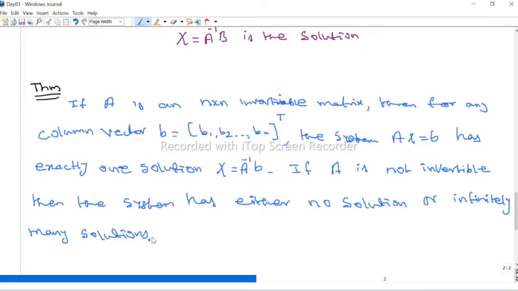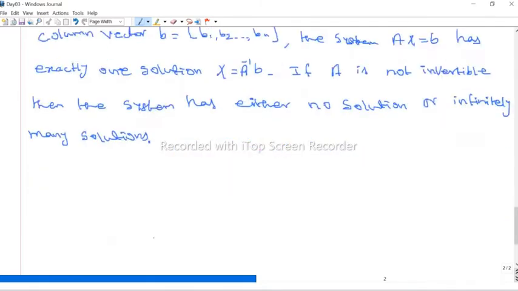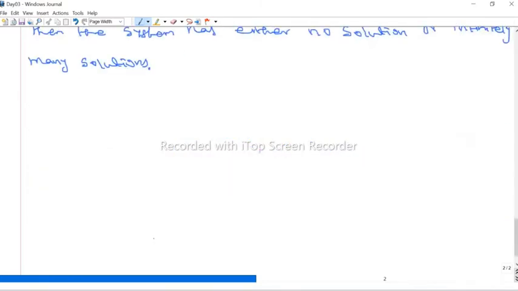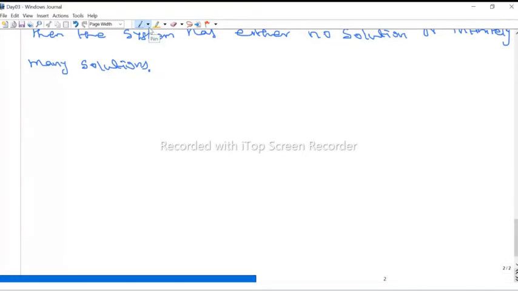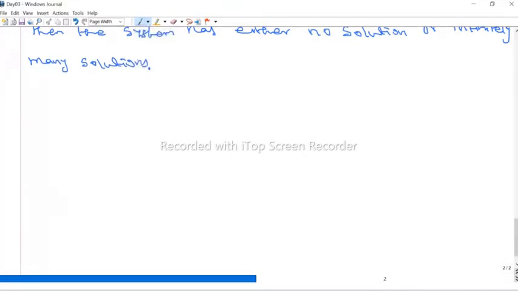So before going further, we already discussed the determinant, and we know the formula for the inverse, right? A inverse is nothing but 1 by determinant of A into adjoint of A. If A is a square matrix and the determinant is non-zero, then we can define A inverse as 1 by determinant of A into adjoint of A. So how do we find the adjoint? You take the cofactor of each element and then take the transpose. You will get the adjoint of A.